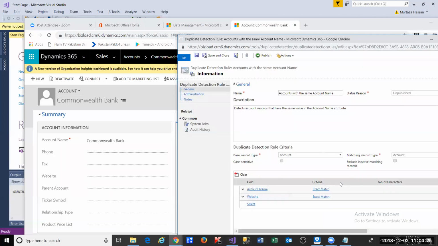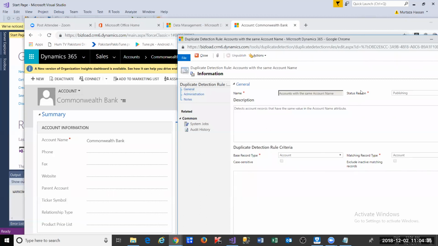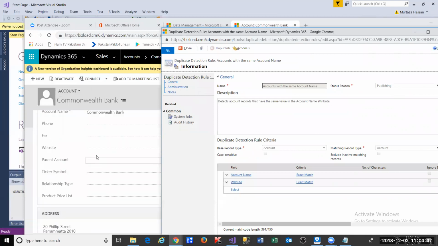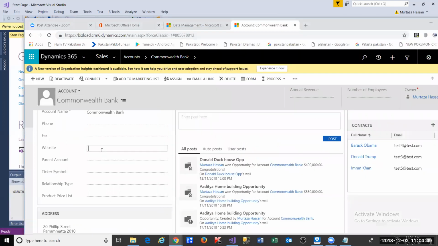So if you use the CRM in the future, you would know how we modify the current duplicate detection rule, or if we want to add another duplicate detection rule, how we add it. You know what I mean? So in this case, let me show you. Commonwealth Bank doesn't have a website, right? The website is blank. Okay, so if we go to a new record,